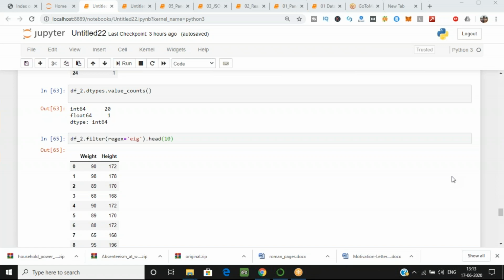If you don't need a large space, for example some columns, but for them also I am using integer 64, so I should decrease it to a lower data type, that is integer 32 or integer 8, so that my memory can be saved. So I want to decrease it for lower usage of my memory.